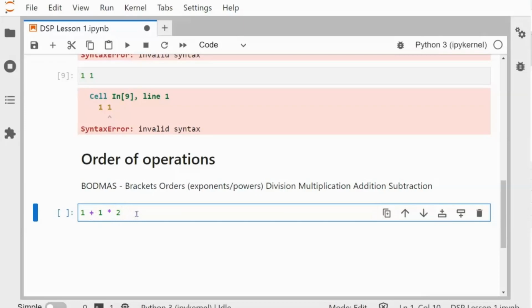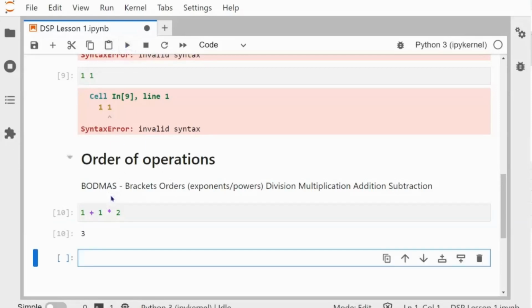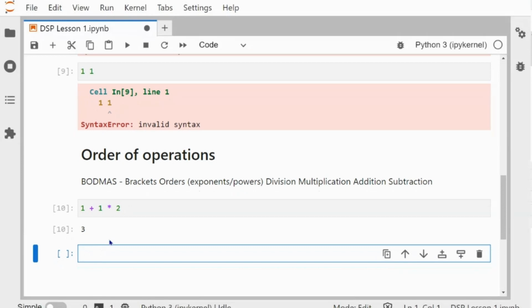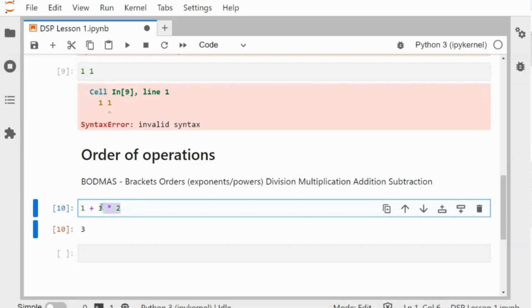But that's not what we're going to get because order of operations apply. So let's run that and see what we're going to get. Yeah, we've got 3 instead of 4. What's happening here is that multiplication happens before addition. So we'll have 1 times 2 first, which will give us 2, and then add that to 1, which will give us 3.